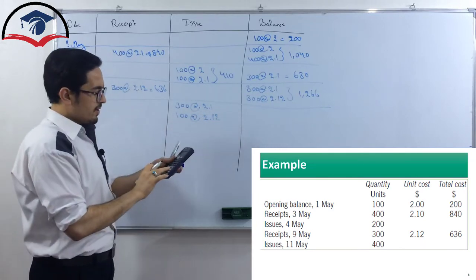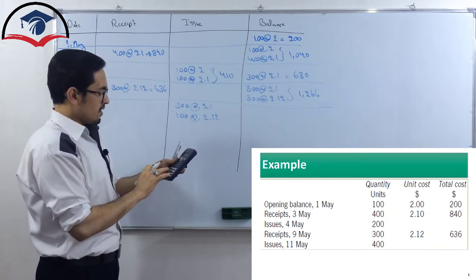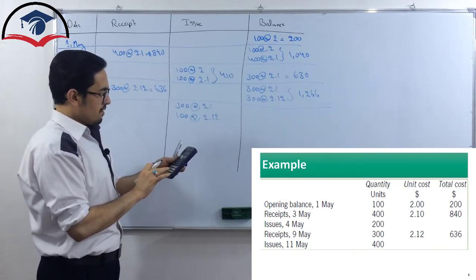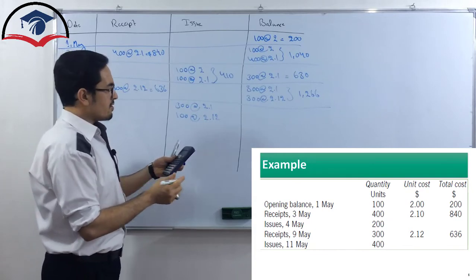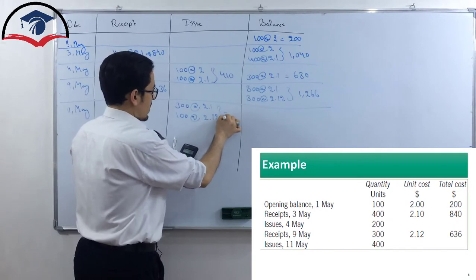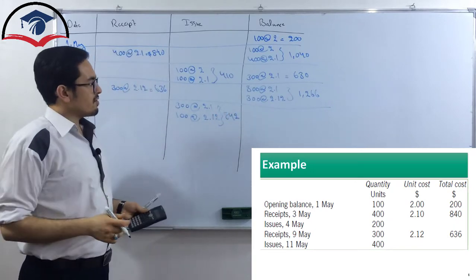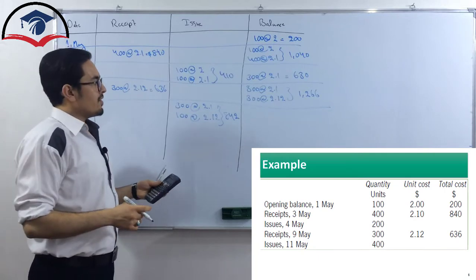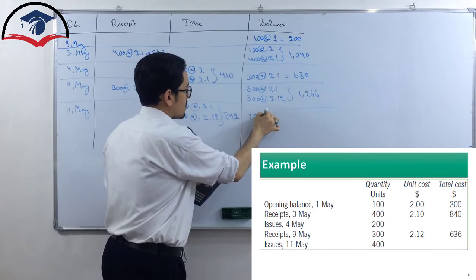So 300 units at the rate of 2.1 plus 100 units multiplied by 2.12. The total is equal to 842. 842 is the balance we're gonna issue, and the remaining balance will be only 200 units at the rate